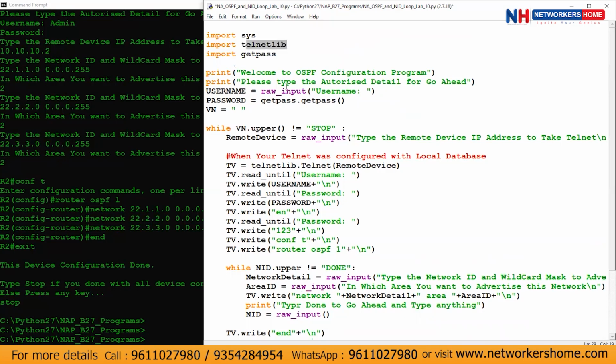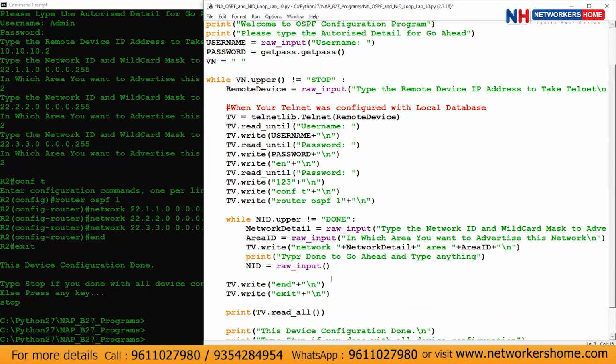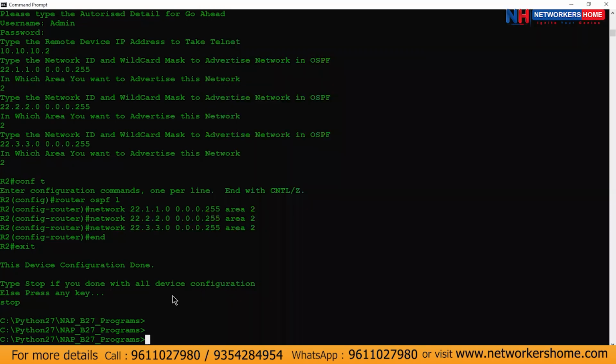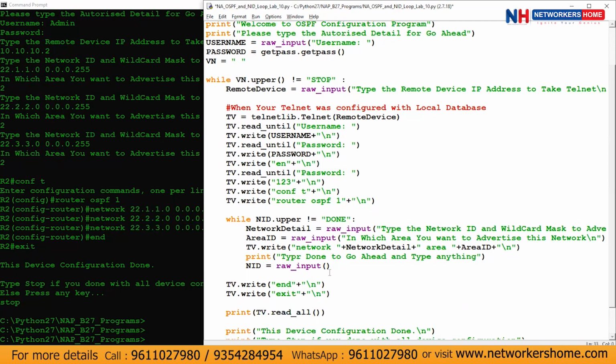No. I'm just talking about this. See, on the back black screen, there is router OSPF one, correct? See that, this one. Can you take the other screen also? On this, below the while loop, there is tv.write. It is writing that one, and this is reading on the bottom. Print tv.read.all, correct? It is printing on that one. Yes. After that, it is going to the while loop again, and after that the print command for this one network